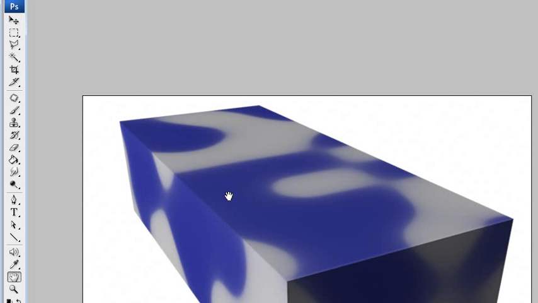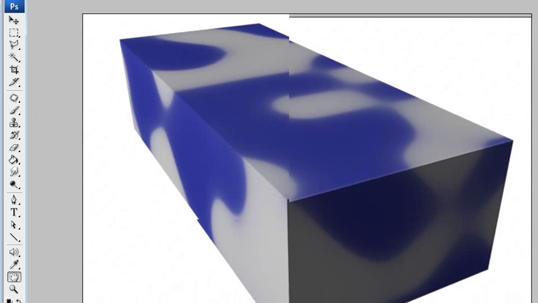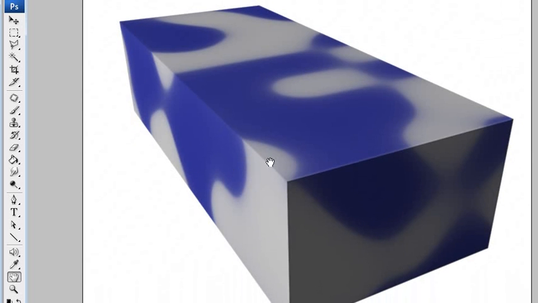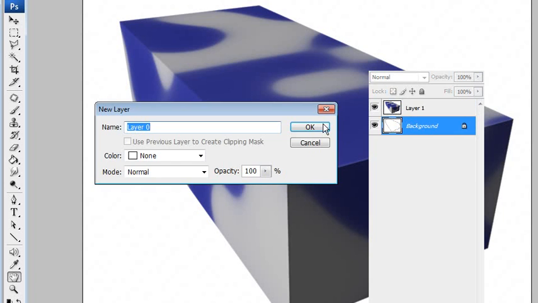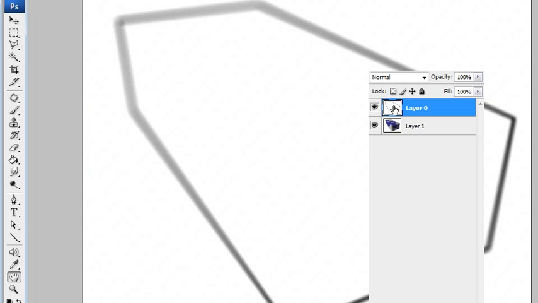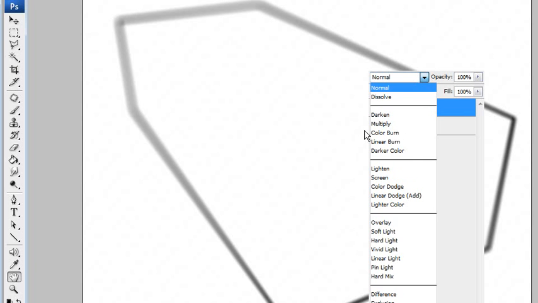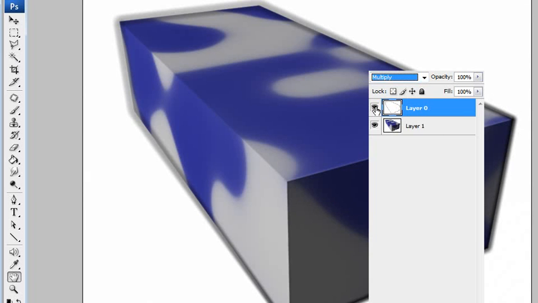In Photoshop you'll basically just copy these guys to the same layer. Put this one on top and make it multiply. Before we do this,